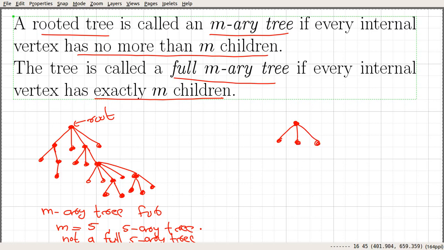So let's consider an example of a full 3-ary tree. Suppose that this is an internal vertex, then it must have 3 children. Similarly, if this is an internal vertex, then that must have 3 children. Similarly, if this is an internal one, then that must have 3 children, and maybe say